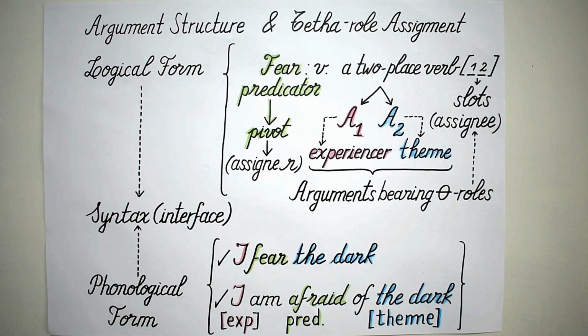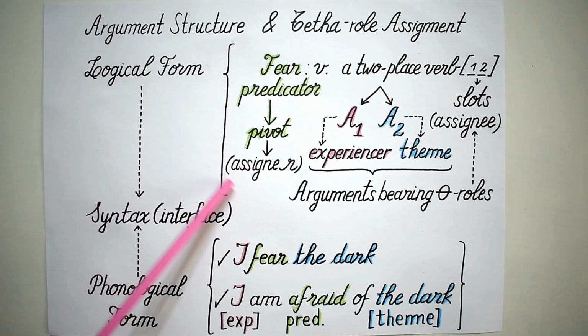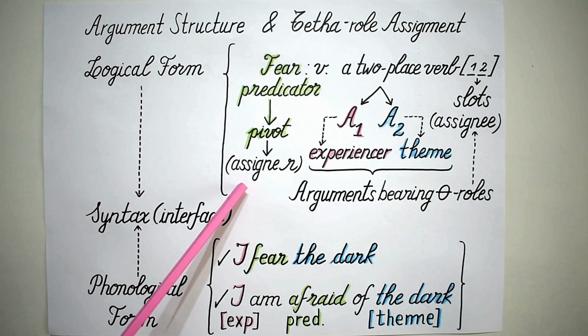So let's see what happens at phonological form and how we can organize all the material that comes from our mental representation of fear in this case. The question is, how can we organize it at a phonological level? That is, at the level of uttering, at the level of the utterance. As we will see, I have selected two different ways of uttering, two different ways of syntactically representing the same